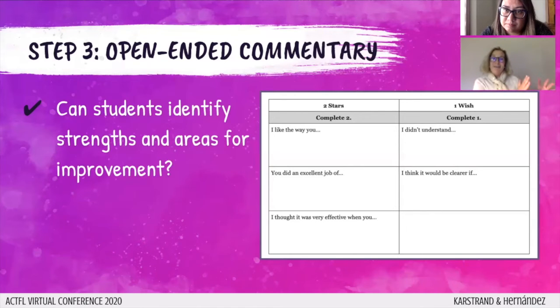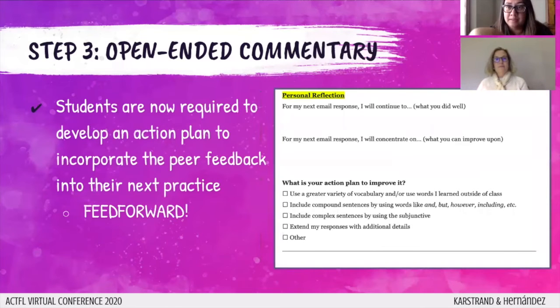Where in step one, it was just like, is there a question? Did they answer question one? Did they answer question two? Did they give a formal greeting? Did they give a formal closing? Now, that probably wouldn't be something that they're talking about here. Those elements are there, and we're talking more about details, which is scaffolding. That's a really good point, Kelly. I'm glad that you brought that up. And two, because this is at least the third email they've written, okay,